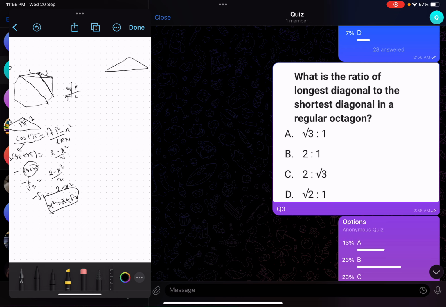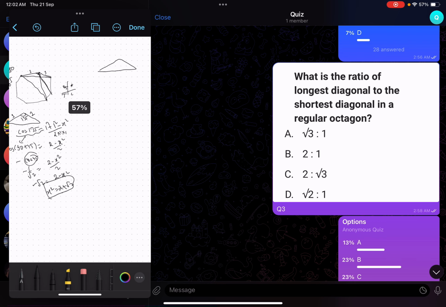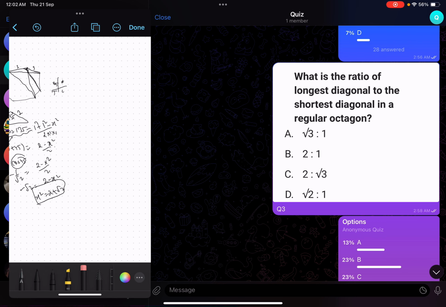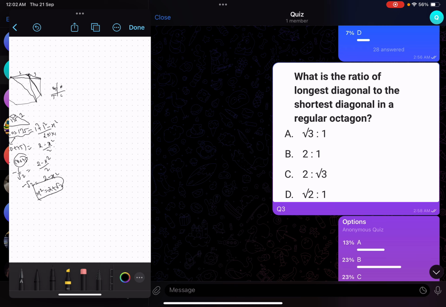So what I was saying, enough of hodgepodge in this. I will draw a separate diagram for this. If you pick up this octagon, we draw this octagon. Now to get the length of the longest diagonal, first of all you need to join this, because we need to find the length of this diagonal. If we are able to find this, we already know this, so using the Pythagoras formula we will be able to find that. So for this we'll join this.